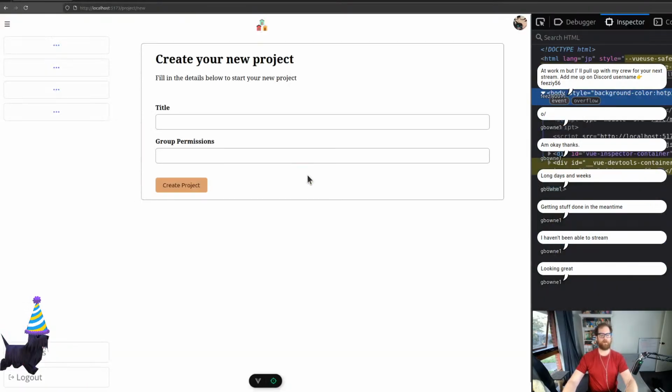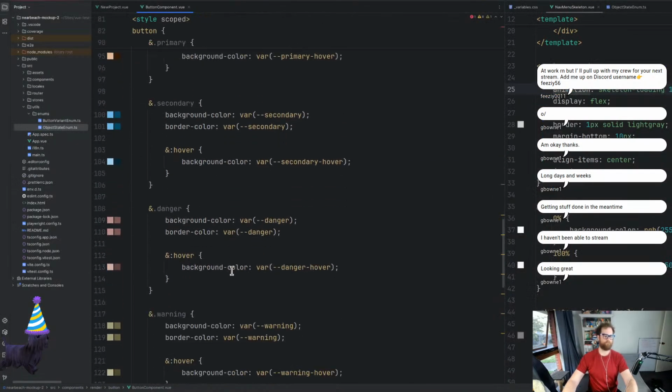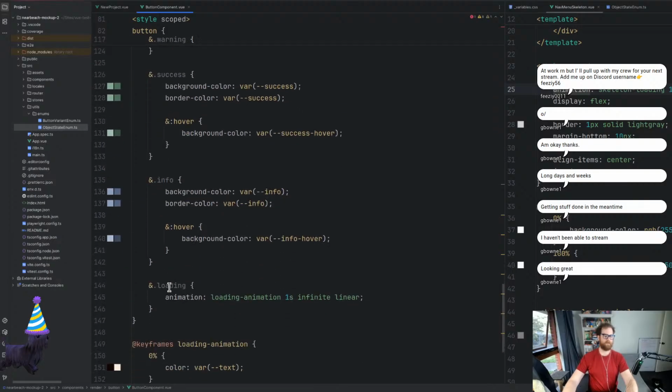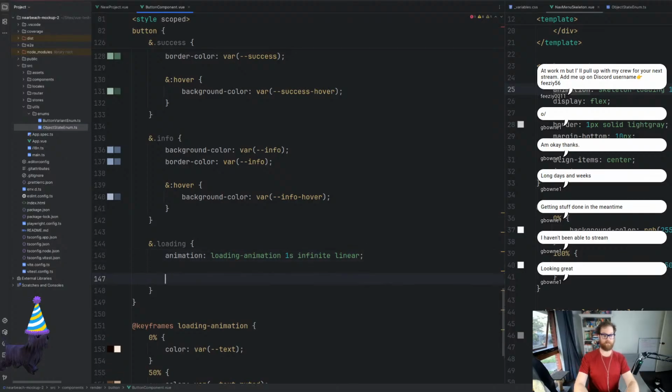So when we hit refresh, we click on create project. Notice how the color still interacts with us like that. I'm going to change that. So down at the bottom, when it is loading now, this is cascading, so it goes from the top to the bottom. So hopefully when it hits the bottom down here and we go and hover,